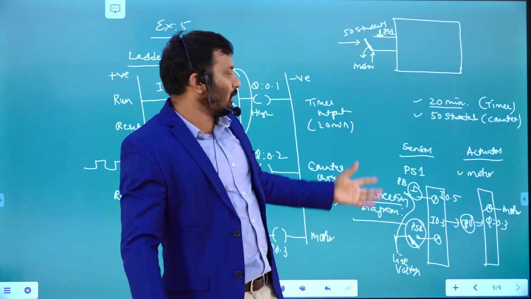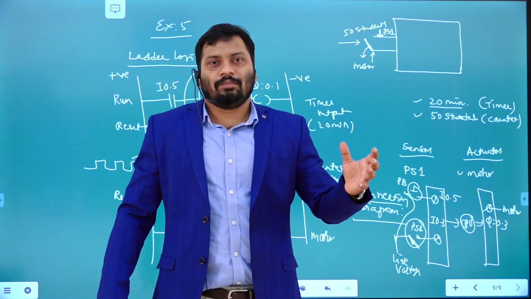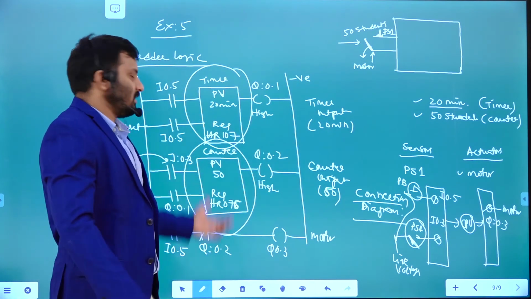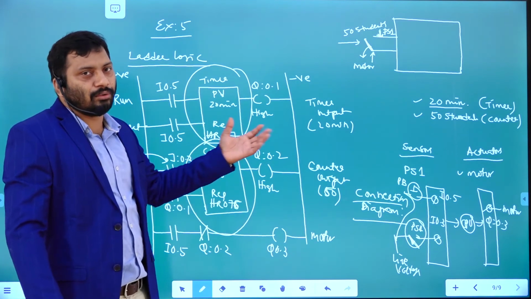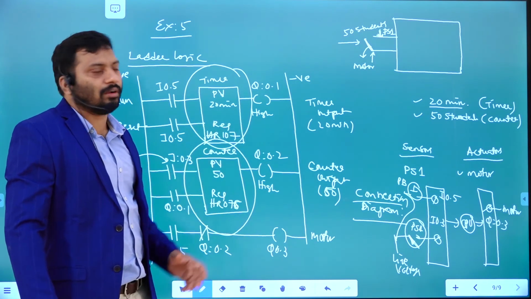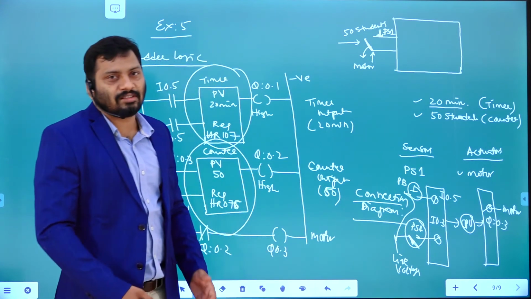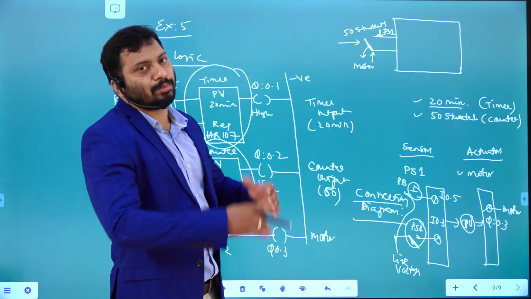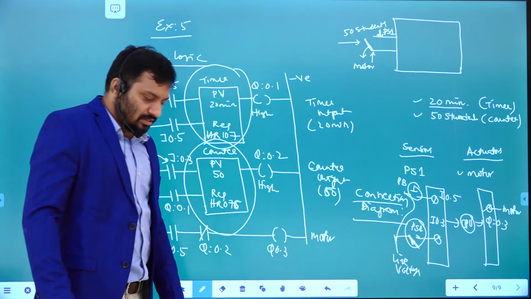Add the devices you need to connect to the PLC module, and think about how you want to control them. To control like that, we need to change this particular program, right? According to the application, you need to change this program. We will keep on discussing some more instructions, and we are going to extend this particular application, right? So this is the one.